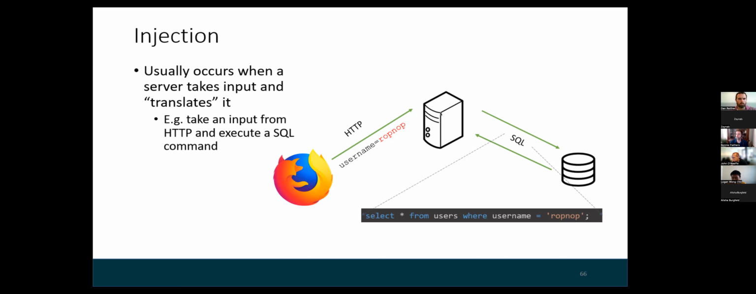So the server turns around and has to talk a totally different language, a different protocol, to a MySQL database, and it talks SQL. And that SQL query could look something like select star from users where username equals Ropnop. Are people familiar? Have you seen SQL before? Yes, we have. Cool. So yeah, this is a really common use case for web applications that have a database, but